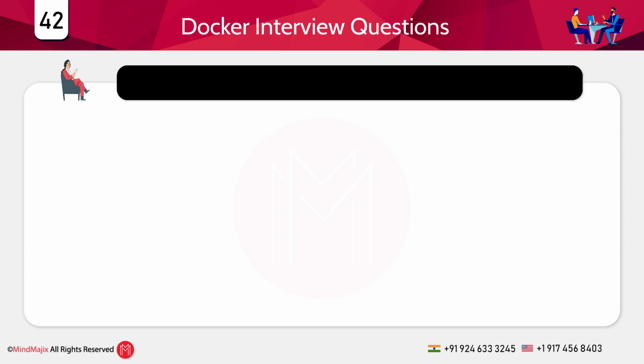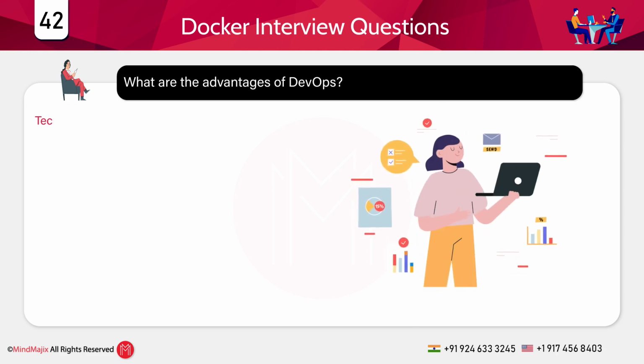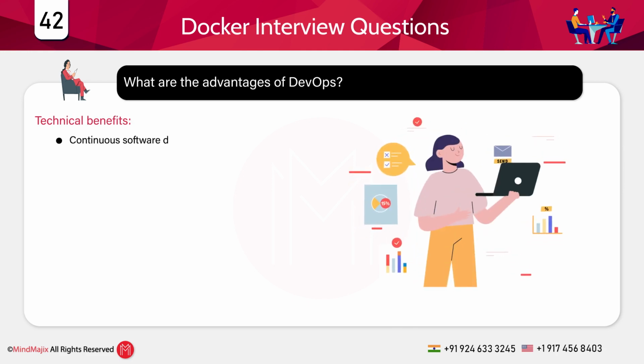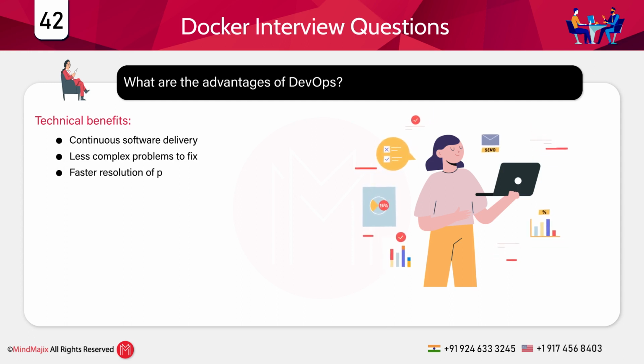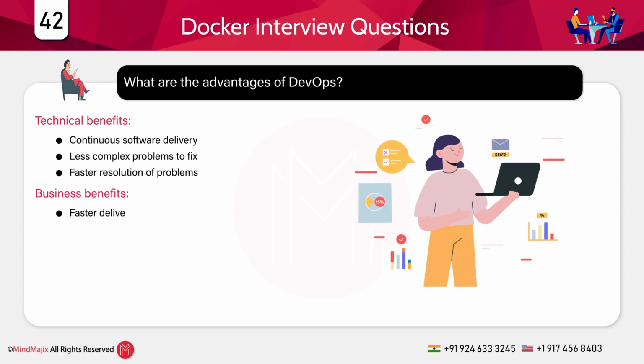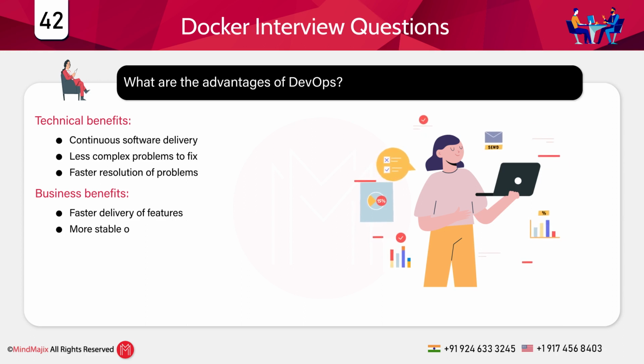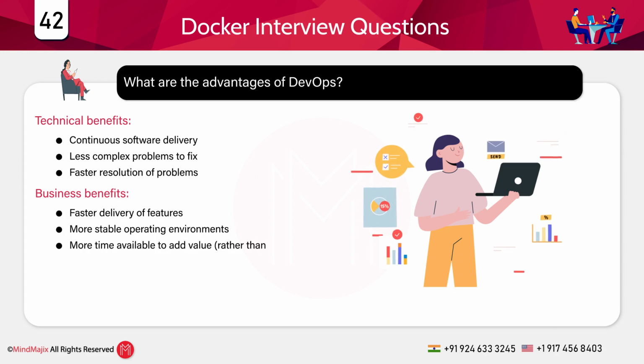The next question, what are the advantages of DevOps? There are two types of advantages, that is technical benefits and business benefits. So let's understand the technical benefits. Continuous software delivery, less complex problems to fix, faster resolution of problems. So these are the technical benefits. Now the business benefits: faster delivery of features, more stable operating environments, more time available to add value rather than